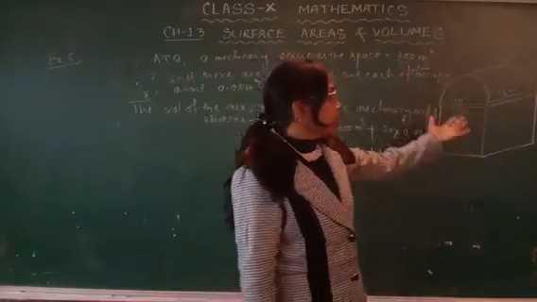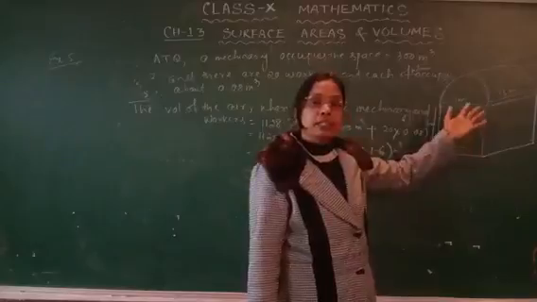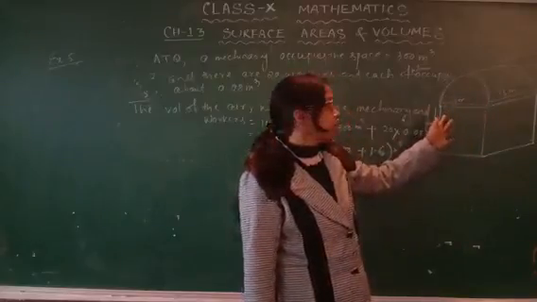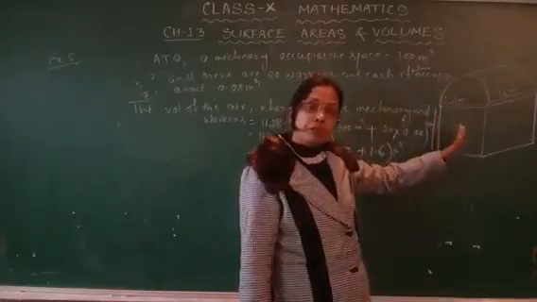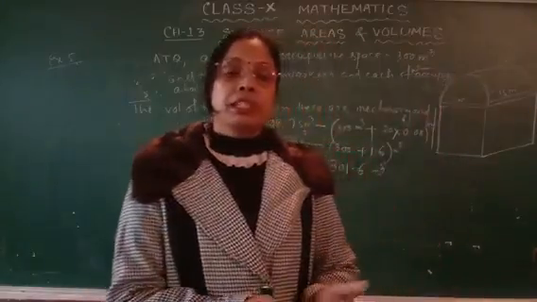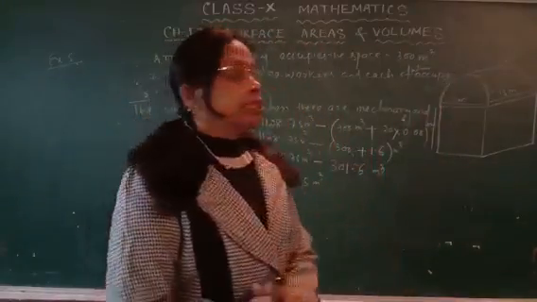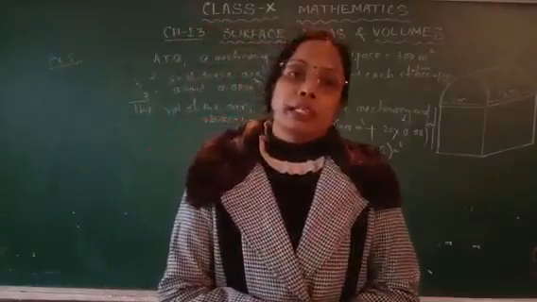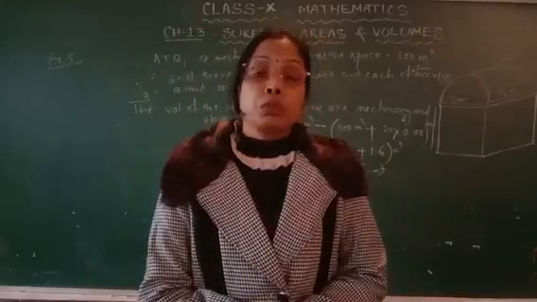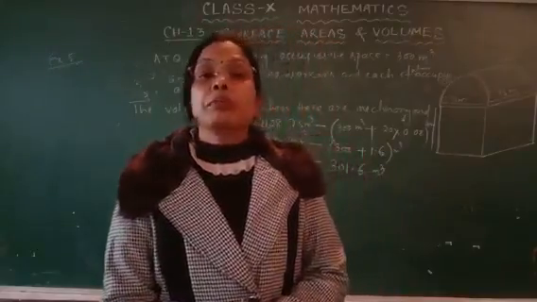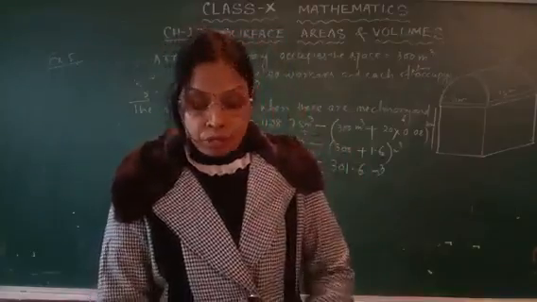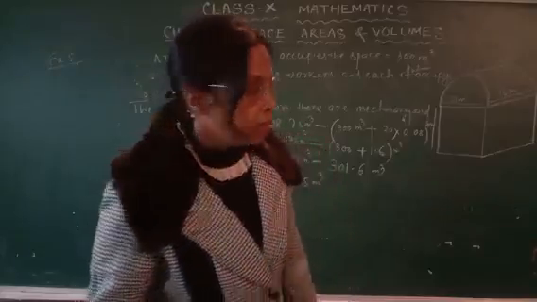So then the volume of the air inside this, or the capacity of the shed, is equal to the volume of the cuboid plus the volume of a half cylinder. Then the question said there are a machine and 20 workers. So find the volume of the air left inside this shed. So the total volume minus the volume of the machinery plus the volume of the 20 workers. Okay. Then come to the next example, example 6.